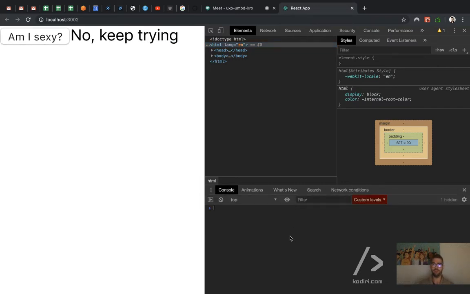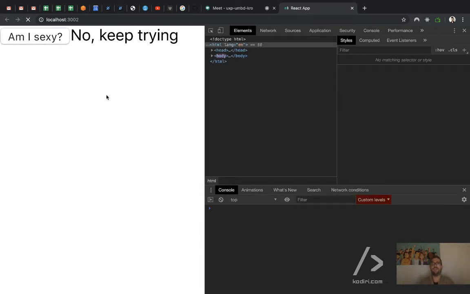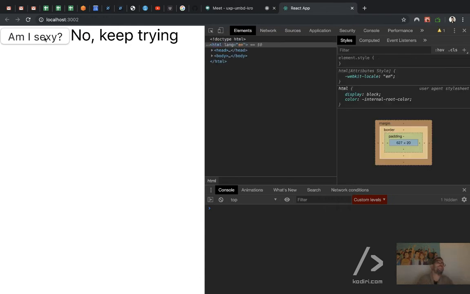Console, look, no errors. Because if there was any error, at least we can see if it doesn't work because of that error. But technically speaking, there are no errors. The console tab is empty. So the next thing we need to do is go to, let me zoom that a bit,